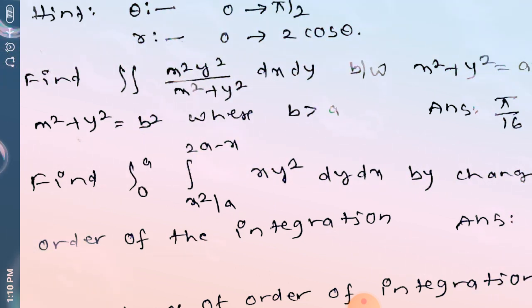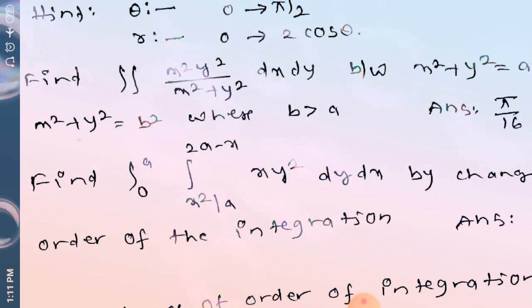Similarly, when you go for the next one, y equal to 2a minus x. From that you can write x plus y equal to 2a. Using that x plus y equal to 2a, you substitute different points there. If I write x equal to 0, you will get y equal to 2a, and x equal to a, y equal to a, x equal to 2a, y equal to 0. Taking only these 3 points and locating them on the graph, you are going to get one straight line touching the parabola curve you already drew.